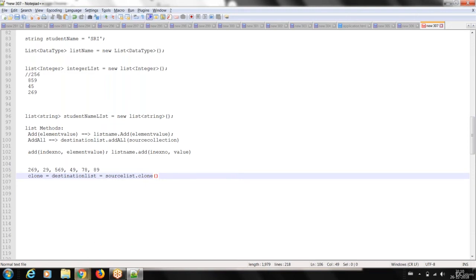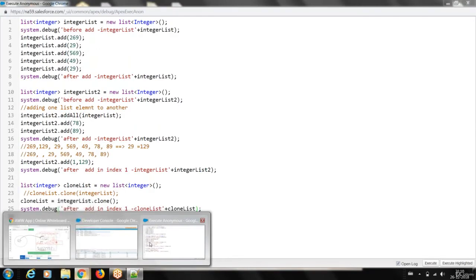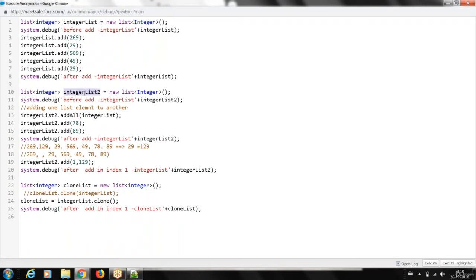Now we have so many elements and I don't want to keep these elements. I want to clear all the elements from integer list 2. To clear the elements, we have a method which we call clear. Simply if I call integer list dot clear, it will remove all the elements from my list. Let me see whether it's removed. I'm going to see the debug lines for integer list 2. After clear, I click execute.